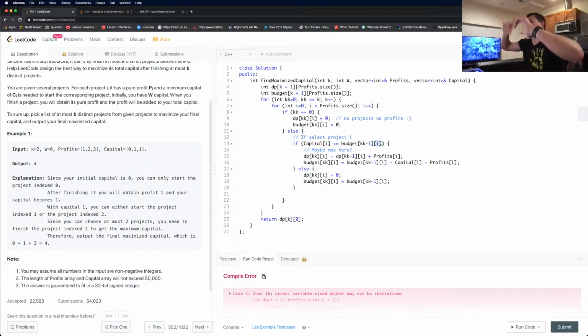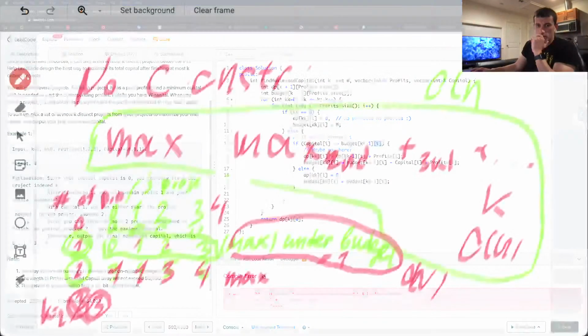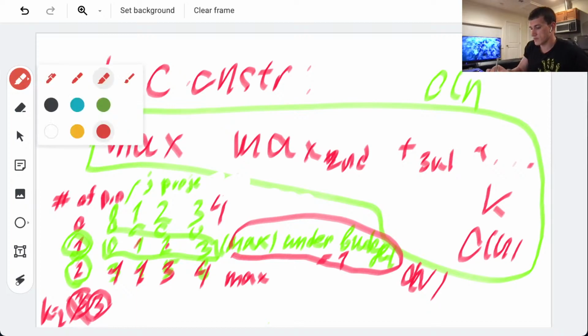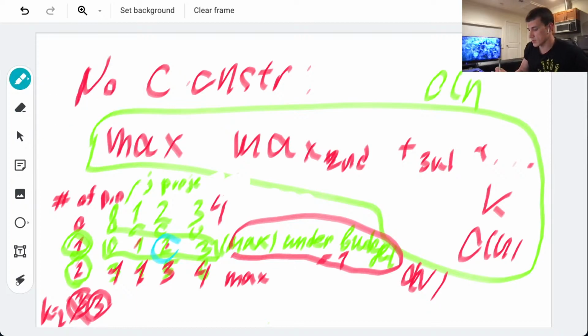We select something here and then we go to the next stage, right? Let's jump back to the whiteboard. So let's imagine we have selected one, and let's say for some reason we have selected this one here.